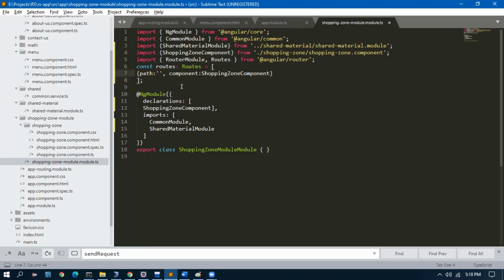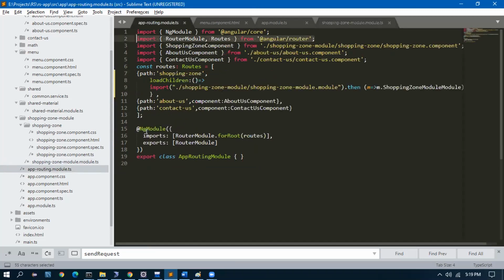This is not needed now. In shopping-zone.module.ts, we have given the route regarding the shopping zone. Now it will go to the shopping zone component.